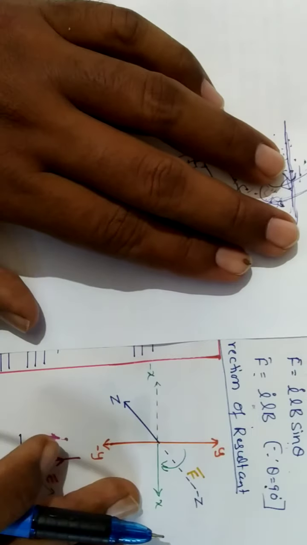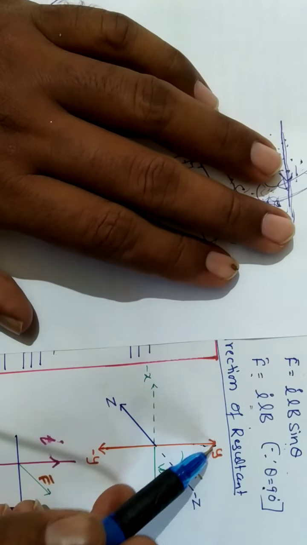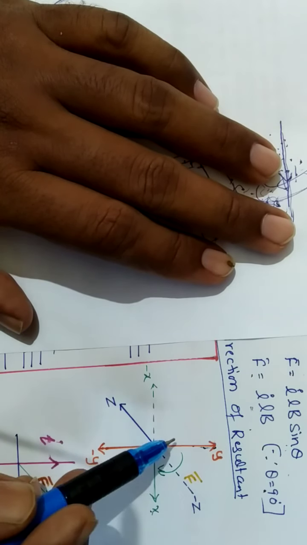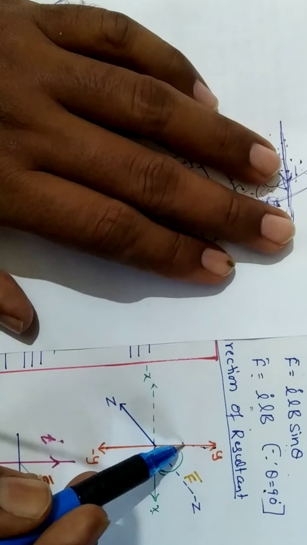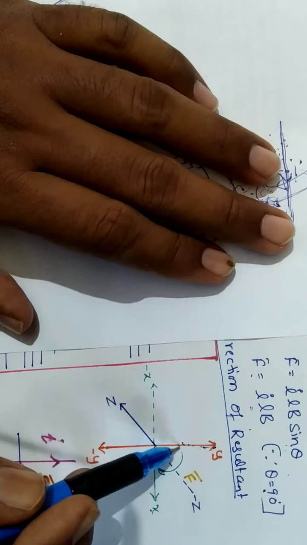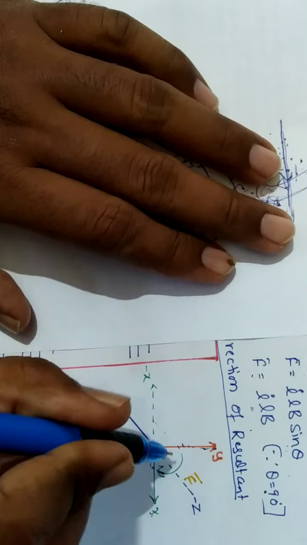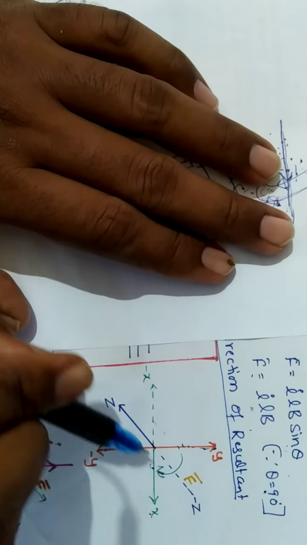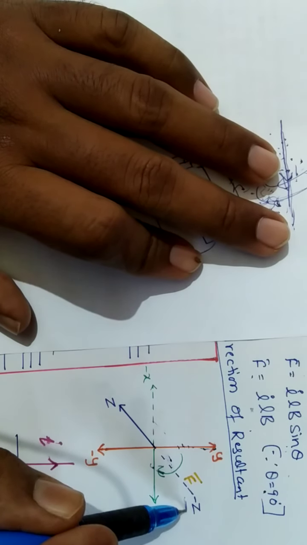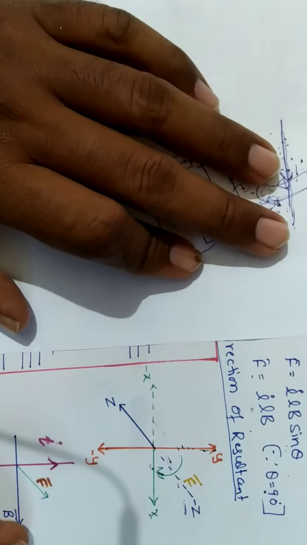Let us try to understand using a coordinate system. Our current carrying wire is pointing in the Y direction and the magnetic field is along the X direction. So you are moving the current direction I towards the magnetic field direction. It is moving clockwise. When you rotate the screw in the clockwise direction, the screw is tightening, moving into the plane of the paper. So the resulting direction will be along the minus Z direction, and the force acts on the current wire in the minus Z direction.